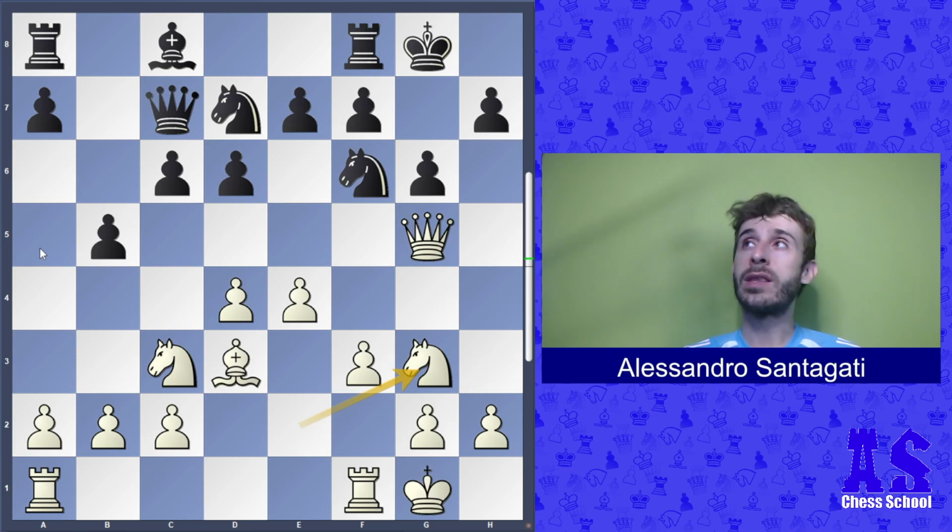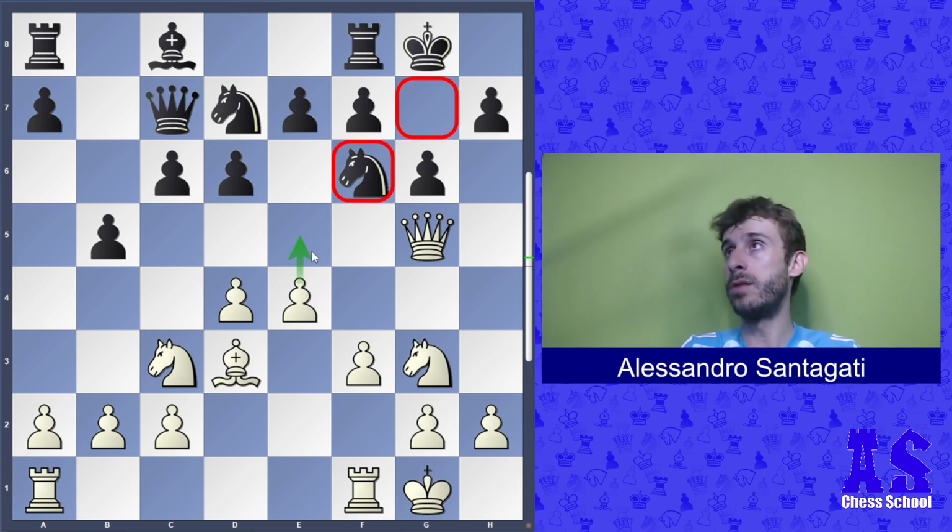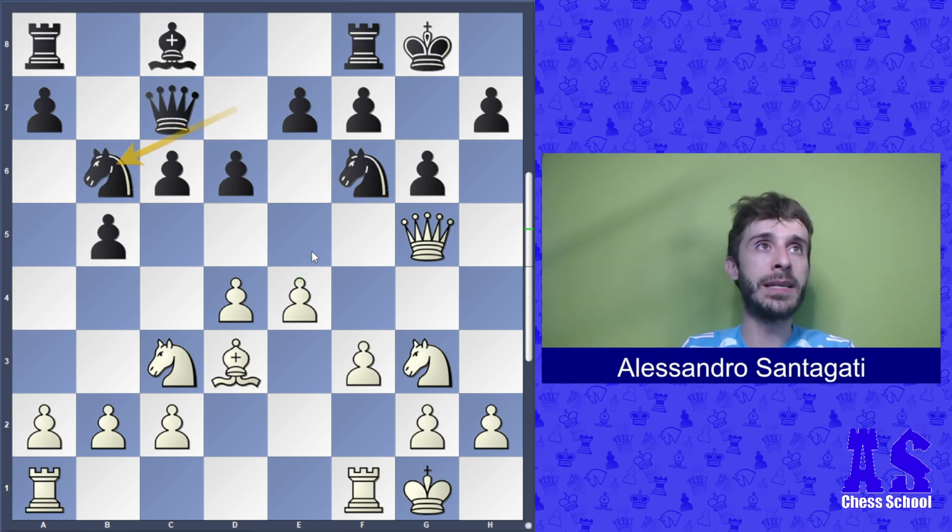It's very important when you attack to remove key defenders, like the bishop on g7 that I removed with bishop h6 before. And now it's also very important for me to remove the knight on f6, which is a very important defender of h7. And I knew that my idea to remove this knight is to play e5, because if you can remove the defenders without making trades, it's better. So if I can, I'll try to remove the enemy defenders with my pawns. So knight b6, and now I